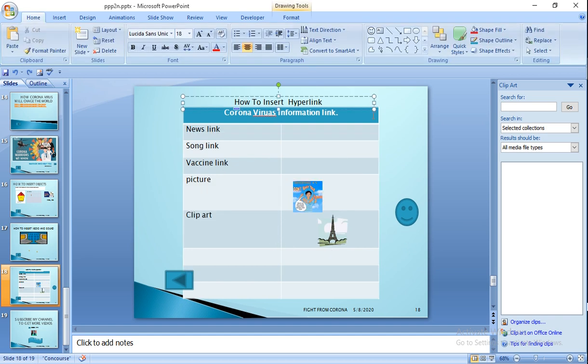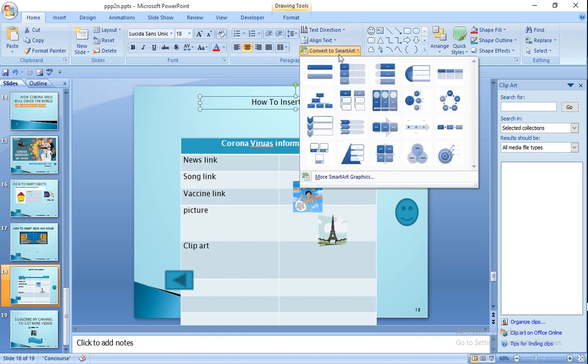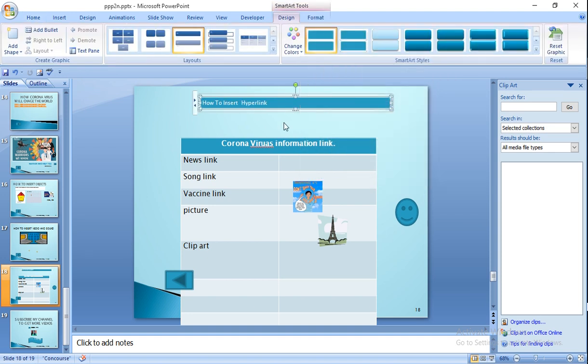Control Z. Select it. Convert to SmartArt. Press this one. Then it will convert it into SmartArt.